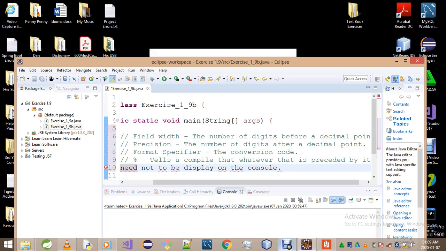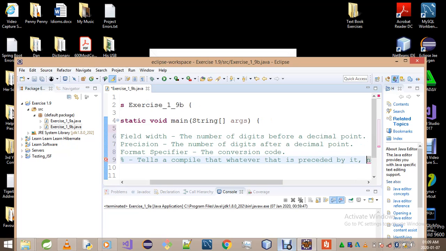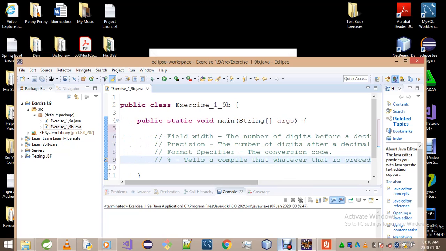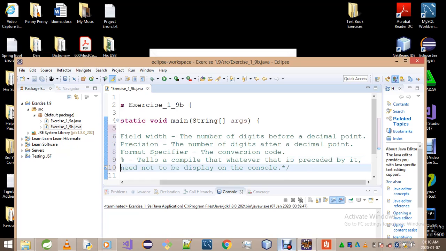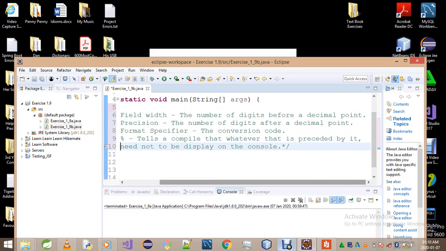Let's make this undo and let's try to make this a multi-line comment. Okay, with this out of the way,